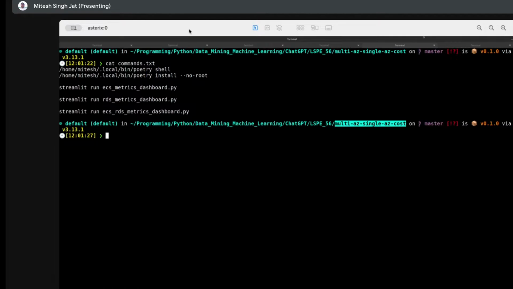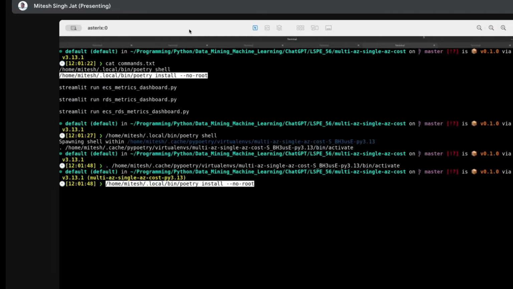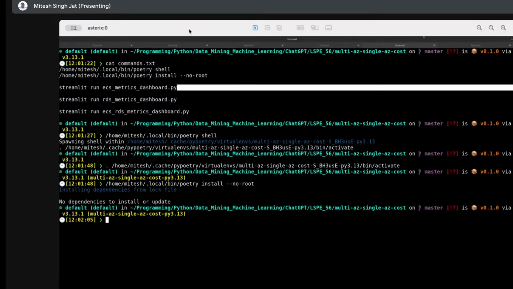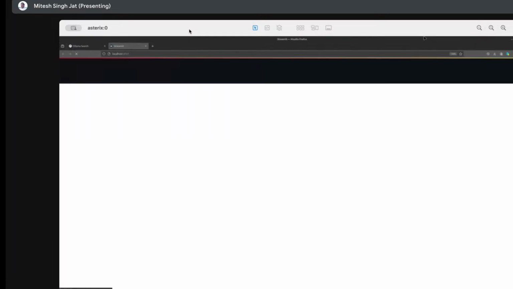ECS is also a Docker container orchestrator. I analyzed that we can save a lot of cost there, because we never know well in advance how much CPU and memory is going to be used by our microservice. So generally we deploy it and